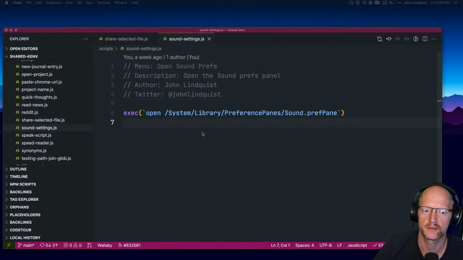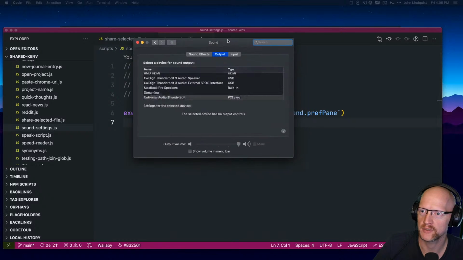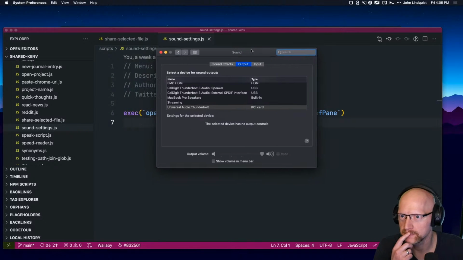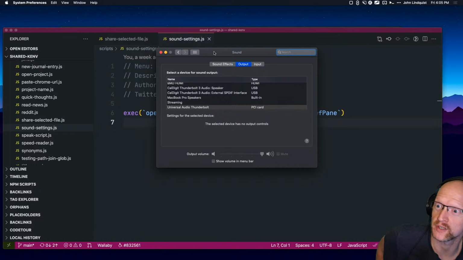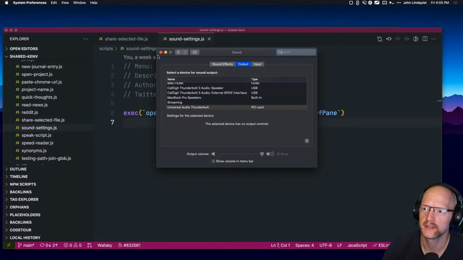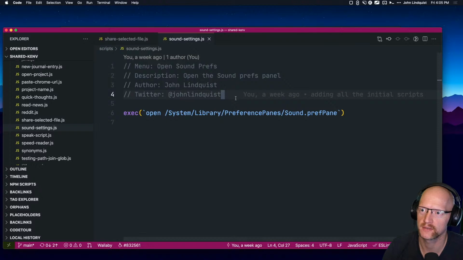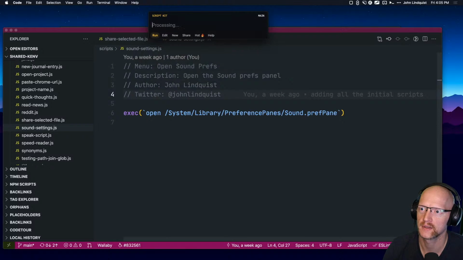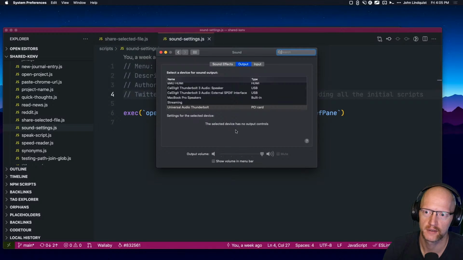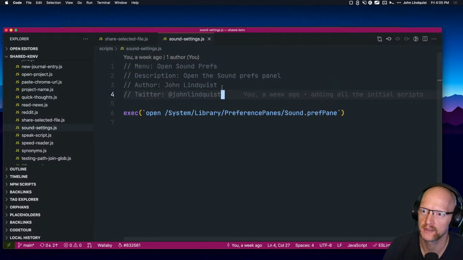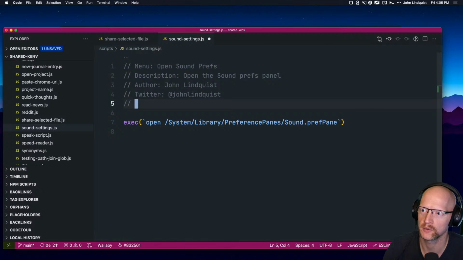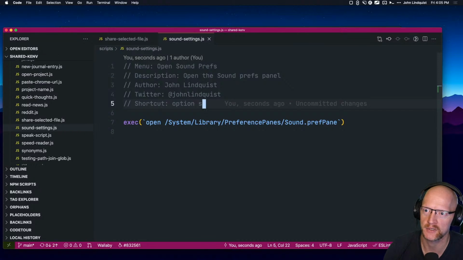Sound settings. This is actually a script someone asked for. He's like, I just want a keyboard shortcut to open my sound panel. So all this script does is open sound settings, and you see it pops open, and you can just find a shortcut. We'll do shortcut Option S or something. So now when I hit Option S,